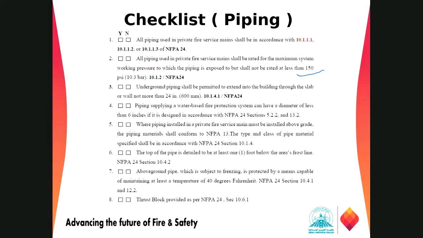Point number 3 talks about if you want to put any underground networks inside the building, right? We discussed this point that it should be not more than 600 mm inside the building, right? So the maximum we can take inside the building is only around 600 mm, connected to the riser only, because the more length there is, it will be more difficult to find any kind of leakage, or during the maintenance it will be an issue.